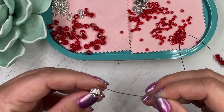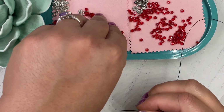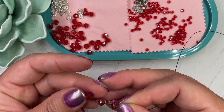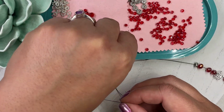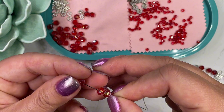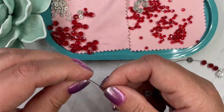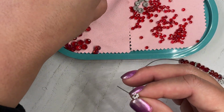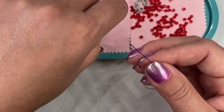Go ahead and get our bail, which is going to be holding our crab on it. Go ahead and get 3 more rondelles, and we just repeat the pattern again, but in reverse. So 3 rondelles, stone wheel, 3 more rondelles, another wheel, 3 more rondelles, the silver ball, daisy, 3 6mm rondelles, a daisy,